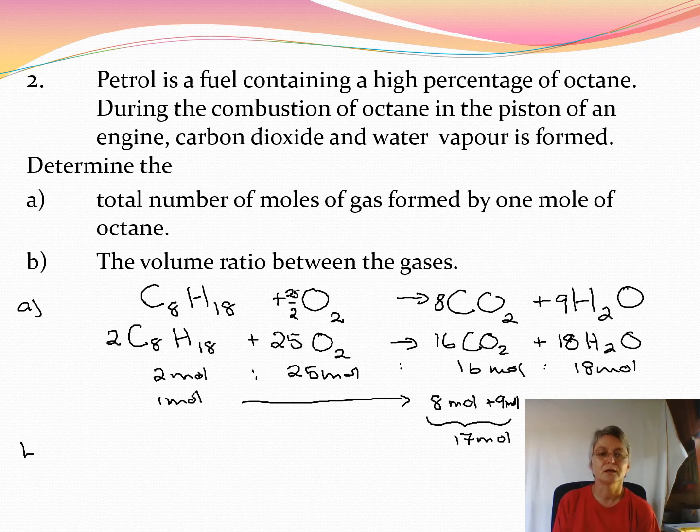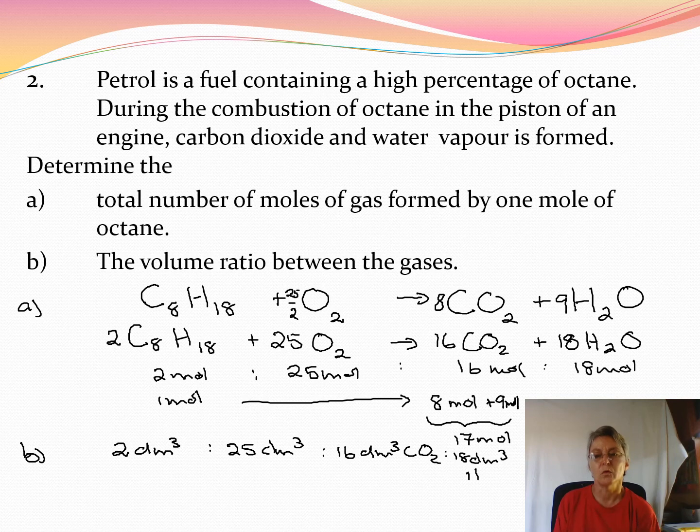Then for B, the volume ratio between the gases. The volume ratio between the gases is 2 cubic decimeters of octane to 25 cubic decimeters of oxygen to 16 cubic decimeters of carbon dioxide to 18 cubic decimeters of water. Last example,